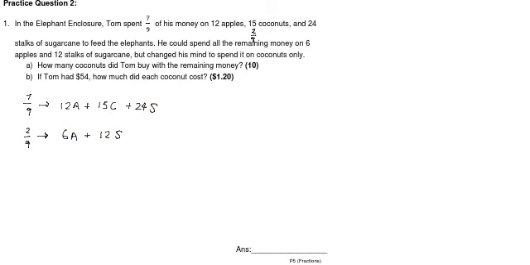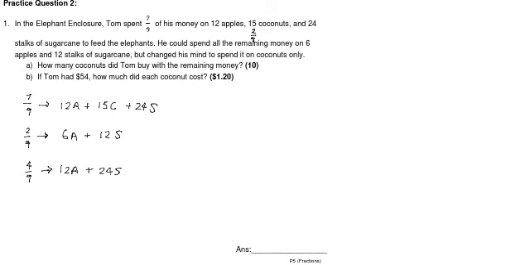So I can conclude that 4 over 9 of his money will give him 12 apples and 24 sugarcane, because you can see that I multiply by 2. Correct? Multiply 2, multiply 2. Okay, now to buy 12 apples and 24 sugarcane, we need 4 over 9 of his money. In other words, the difference between this 7 over 9 and 4 over 9,